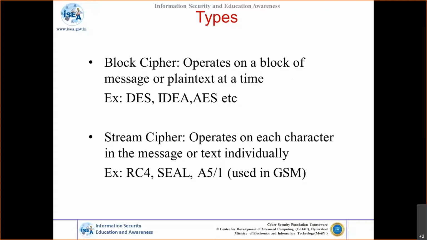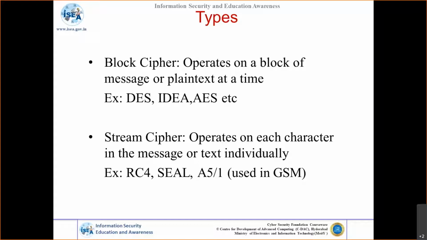So in order to secure the communication, especially streaming application communication, a different type of cryptographic algorithm is designed. They are called stream ciphers. Whereas for normal document encryption and bulk data, going to MBs of data which you want to store on a secondary storage device, or an encrypted file system, in all those cases we can go for a block cipher. What happens is, it will wait for a block of data to come, and then the encryption will be applied over the block of data. DES, IDEA and others come under that category.